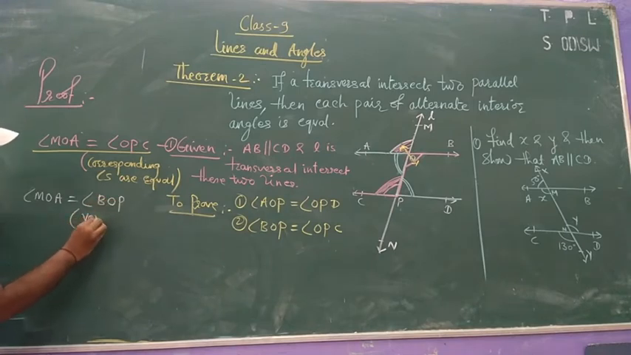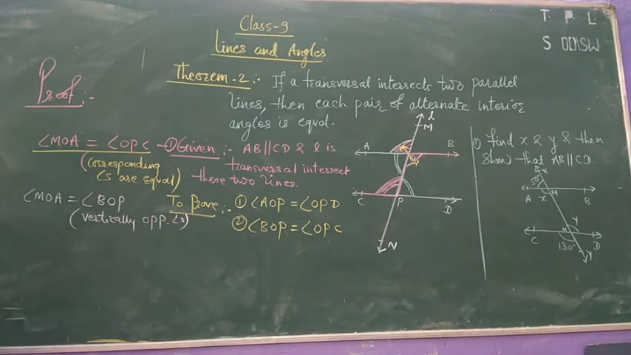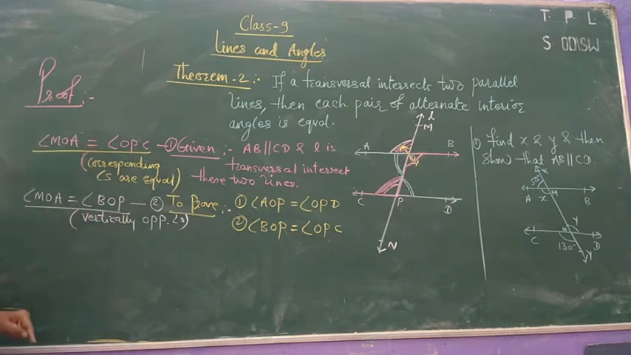Why? Vertically opposite angles. Okay. So this is our first equation, and this is our second equation. See both equations: here angle MOA, here also angle MOA, meaning this angle is the same. Therefore, from 1 and 2,